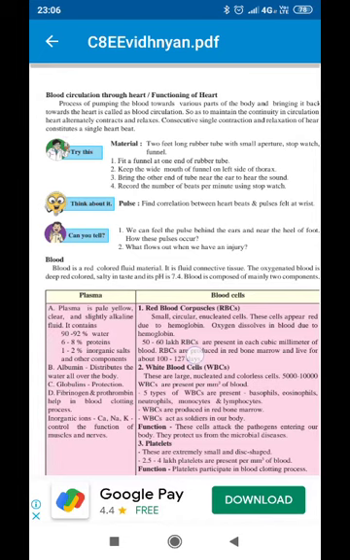Blood from the heart goes to the lungs, from the lungs comes back to the heart, and from the heart goes to all parts of the body, and from all parts of the body again comes back to the heart for purification, and this process is called